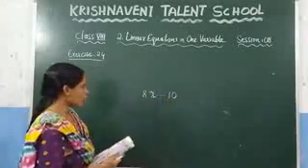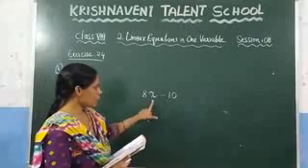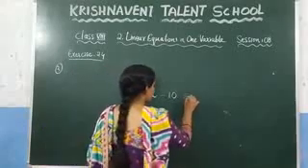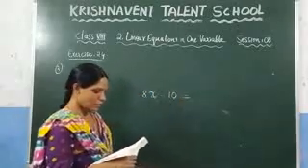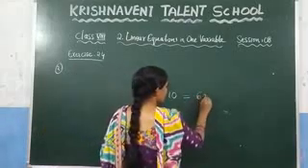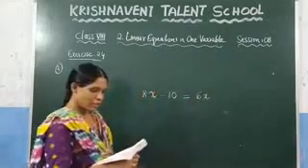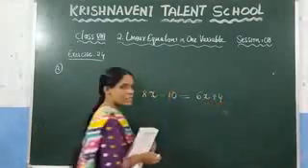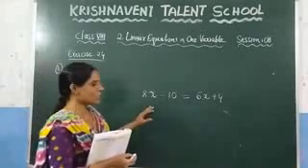So here, what they have given: 8 times of a number reduced by 10 is equal to, and what is the condition given here? 6 times the number. 6 times the number is nothing but 6x. And what they have given, 6 times the number and 4, which is nothing but plus 4. This is the condition given. You need to find that number.